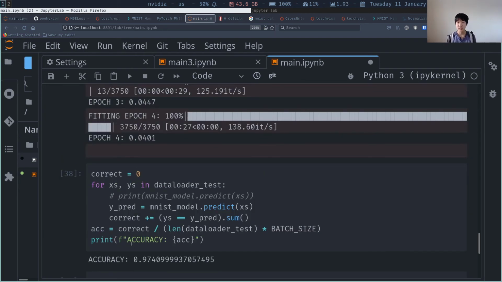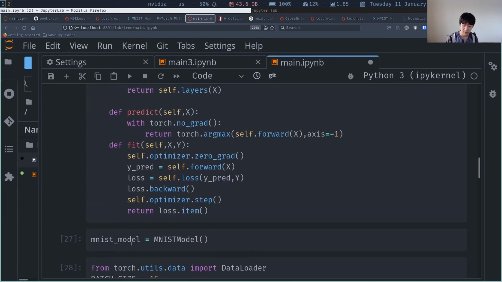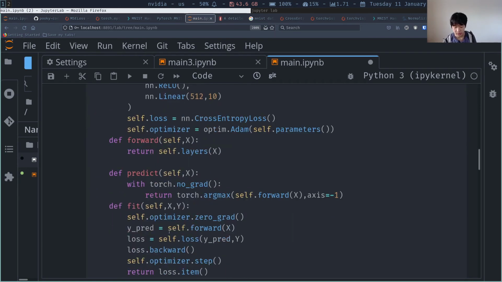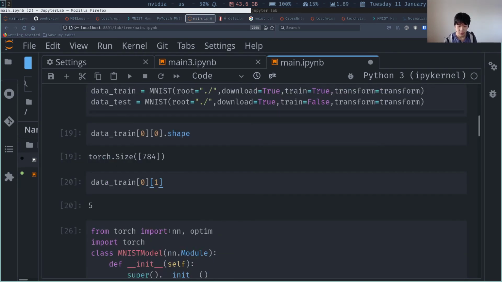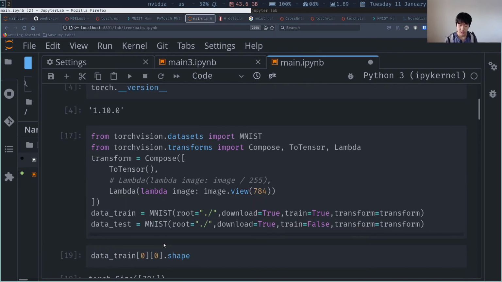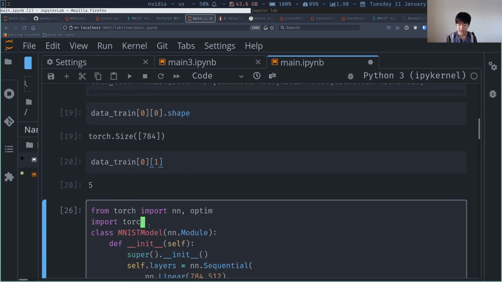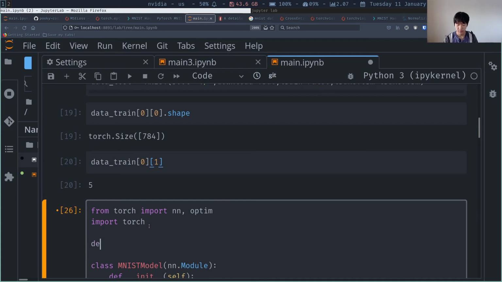And here we successfully built our MNIST model to have an accuracy of 97% on a testing set, which is super awesome. Now I'm going to show how you can port this to GPU. It's very simple. All you need to do here is first I'm going to define a little utility that will be called 2t. I can just do define 2t like this. It's going to accept a tensor, and what it's going to do is say